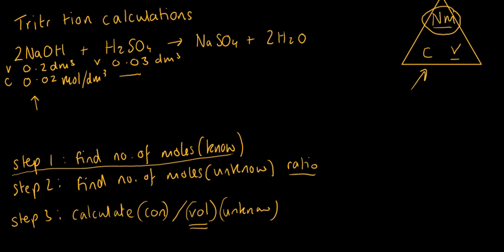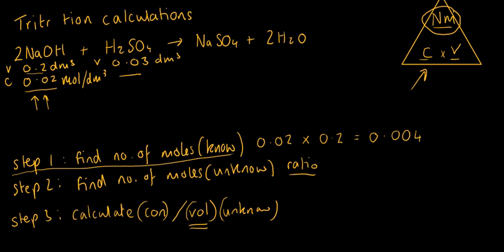So hopefully we've done that, and we realize that that is going to be concentration times volume, which we can see here. And this is for the known substance, where we know the concentration and the volume of our sodium hydroxide. So my concentration, 0.02, times my volume, 0.2, and that is going to give me an answer of